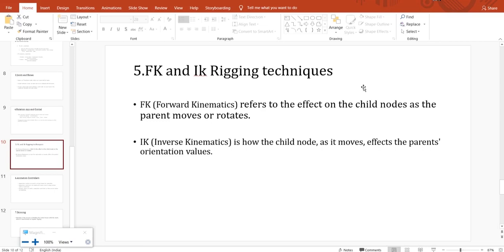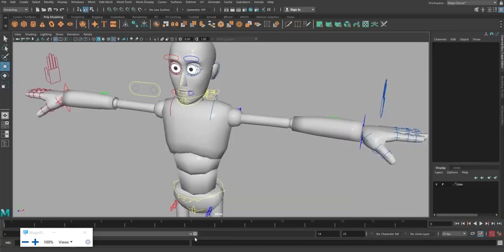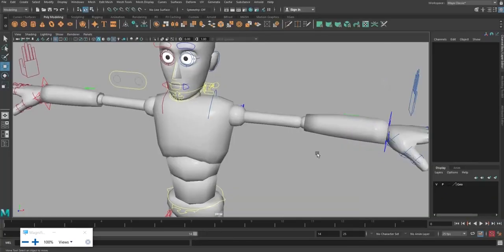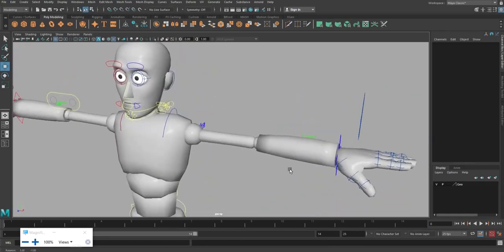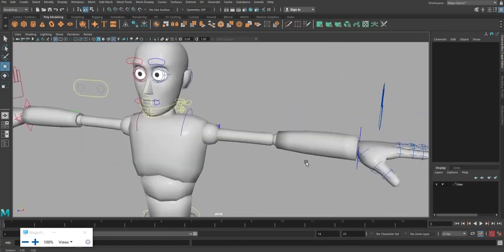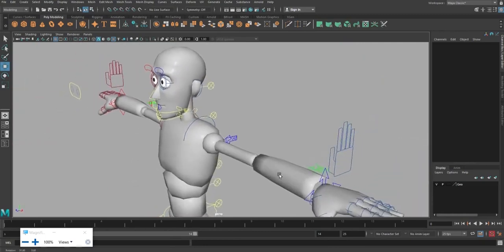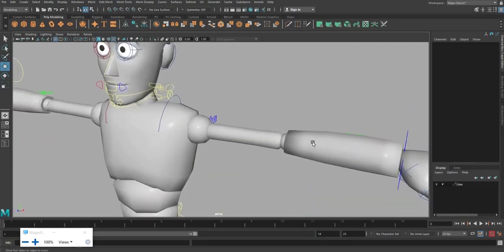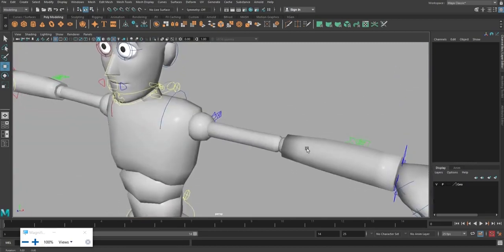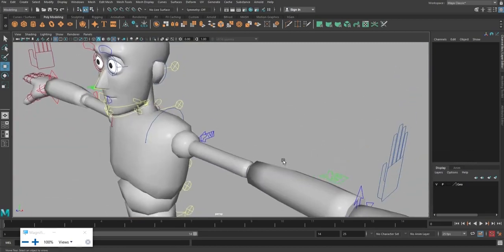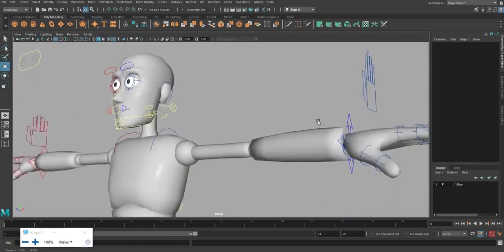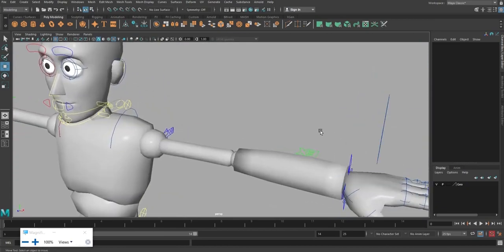To explain it practically and give a logical understanding, I am going to give an explanation with the help of the rig which I have already given. In this rig, in almost all organic rigs, human or animal or whatever it is, there will be two options for hands and legs.